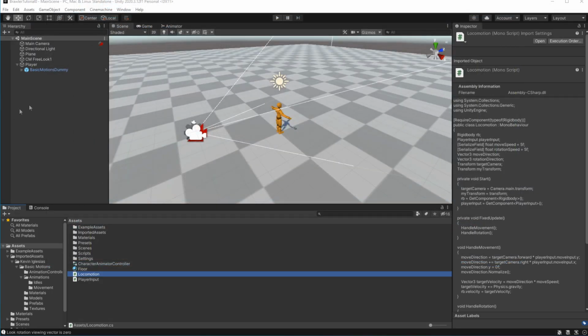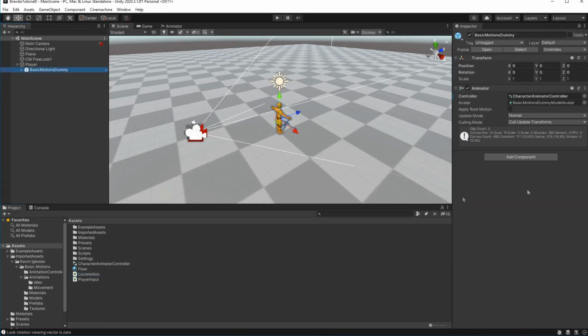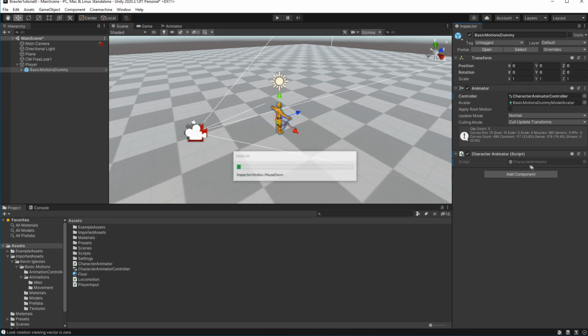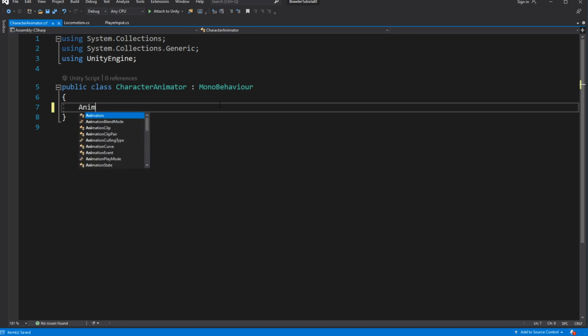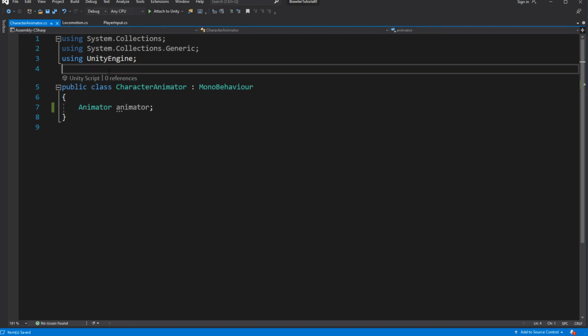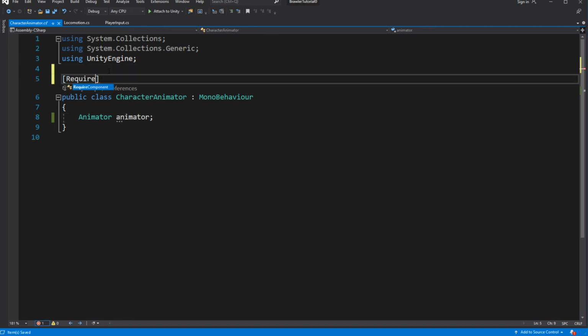Now let's animate our character. Select the character model with the animator on the scene. Add a new script called character animator. We will be, of course, animating something, so let's immediately cache the animator into the variable. And add a required component.